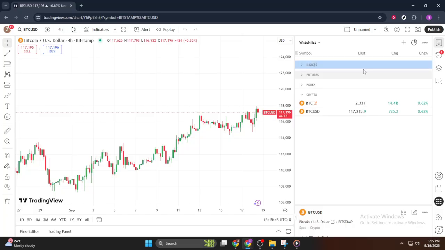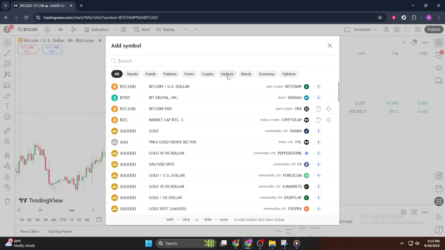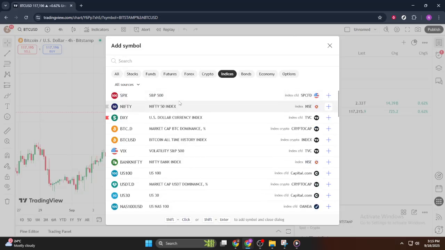Moving on, it's time to delve into specific categories. Start by clicking on Indices. This section will allow you to view a variety of indices that may be relevant to your trading preferences. Clicking on Highlights here will further refine your indices list, giving you more control over what you see and interact